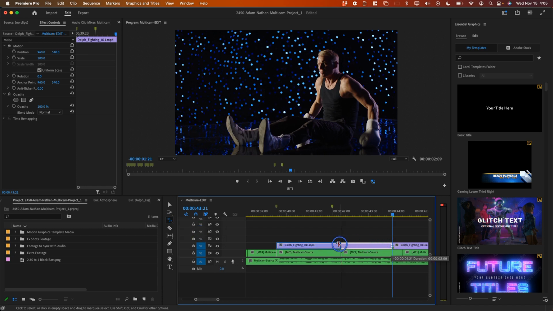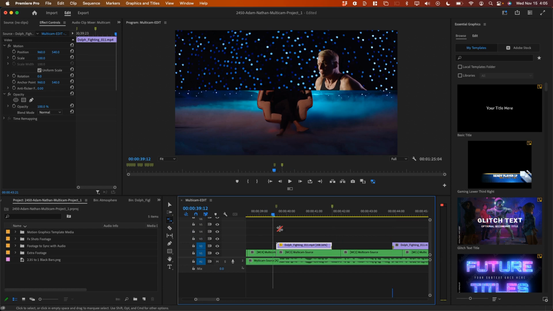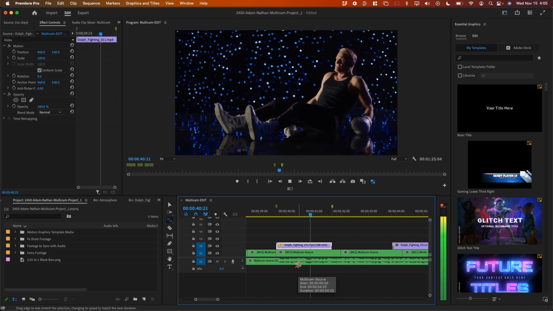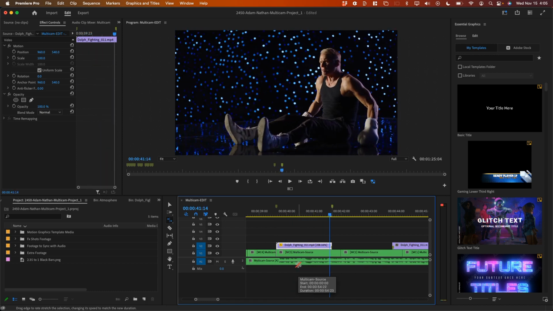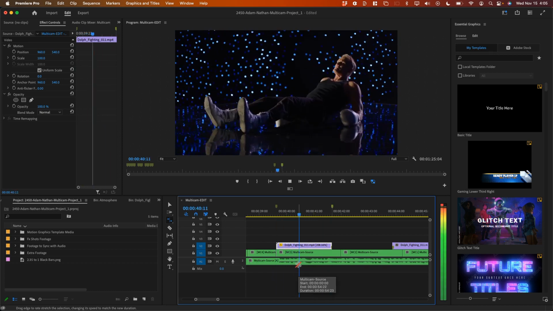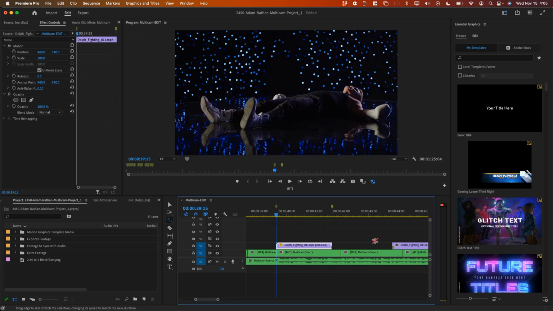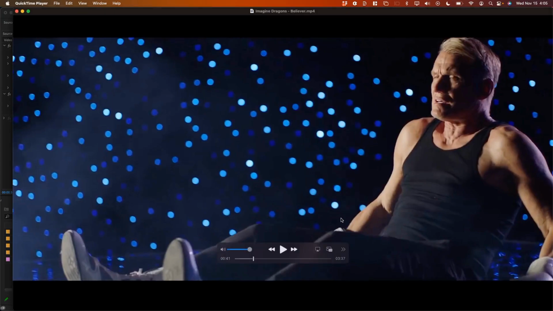And then when I hover and I click and I drag, I'm now squeezing that, speeding it up, and that's going to get up to about 208%. And now he's sitting up in the right amount of time. All right, so go ahead and use your rate stretch tool to squeeze that part so it actually happens at the right speed and the right amount of time. If you compare it to here,